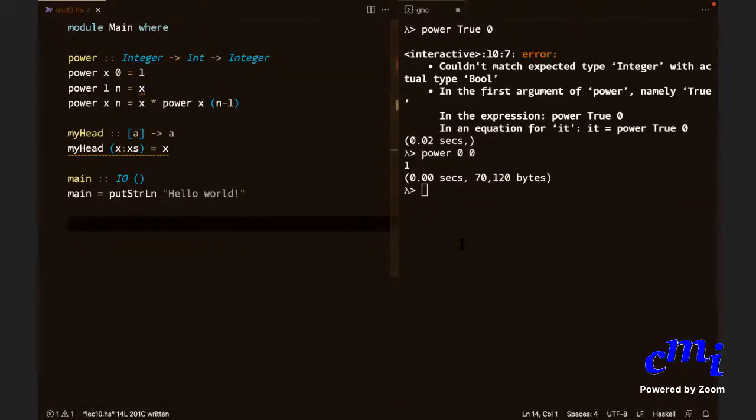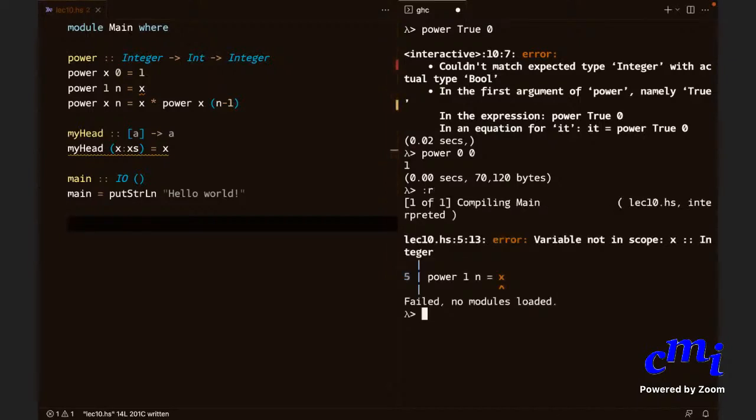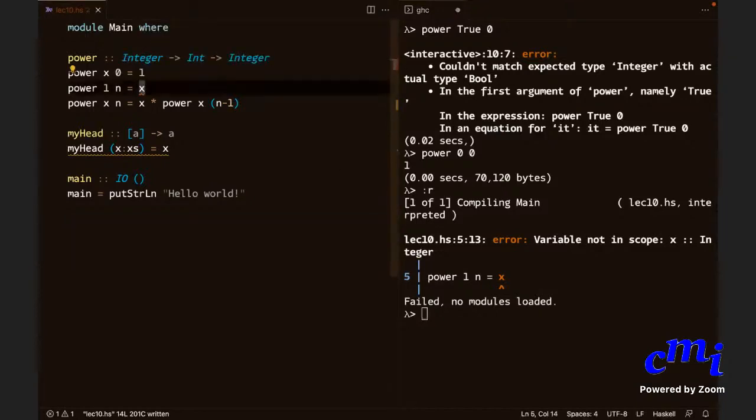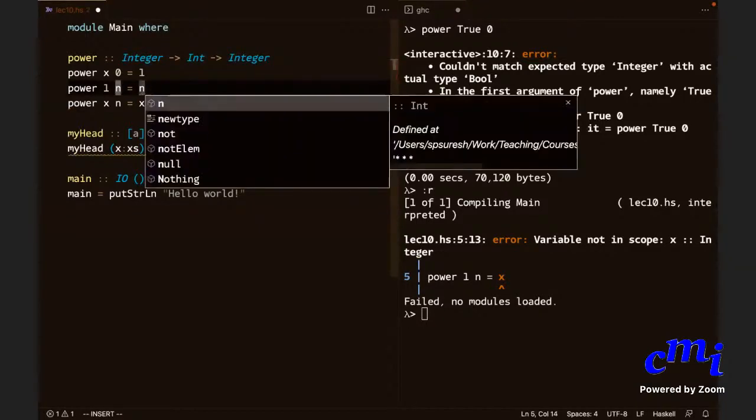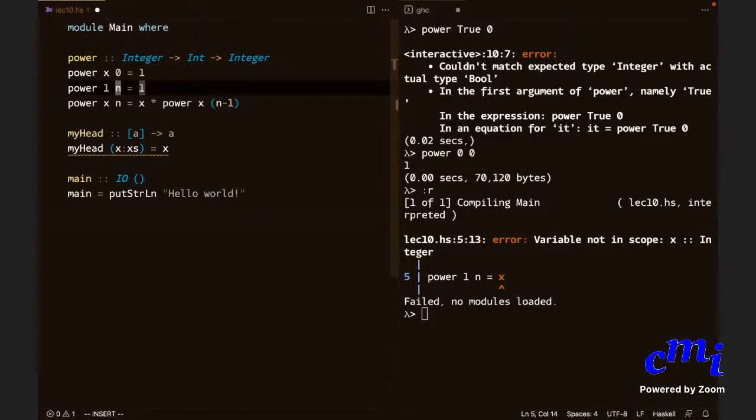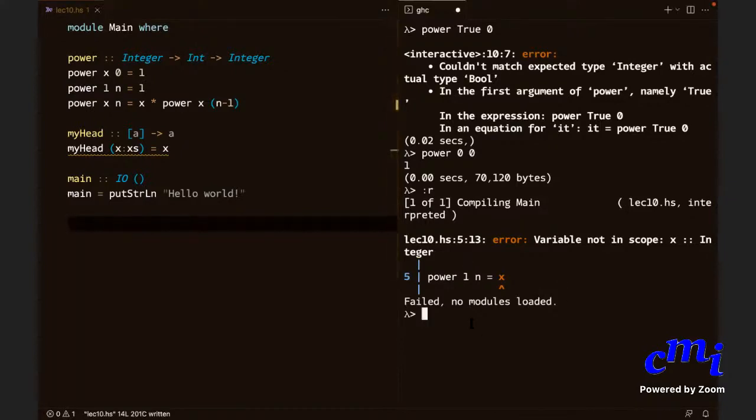So I'll come here and reload. Variable not in scope. Okay. Power 1 n equals. Okay, so reload it.